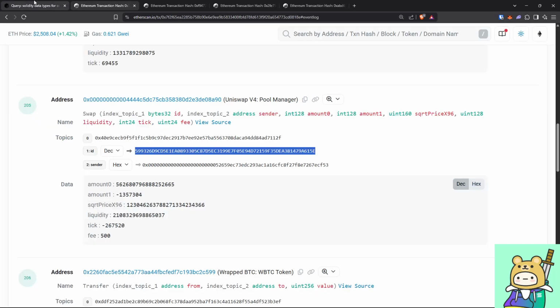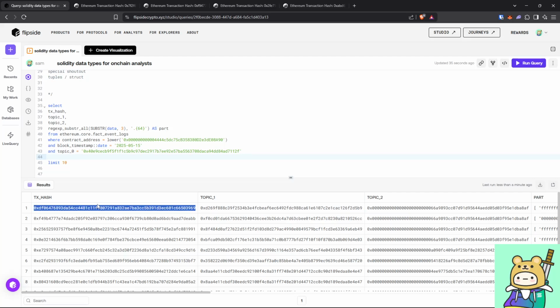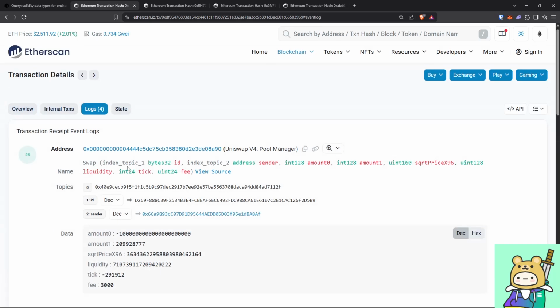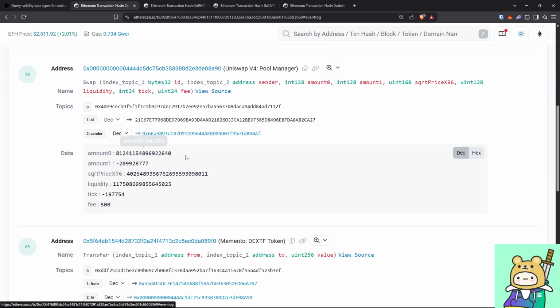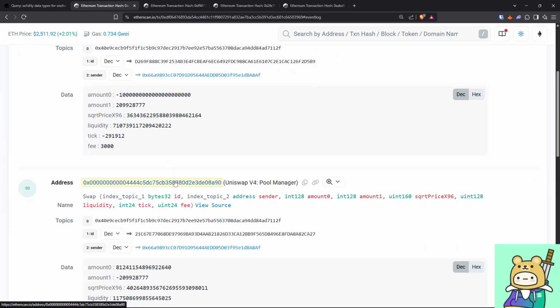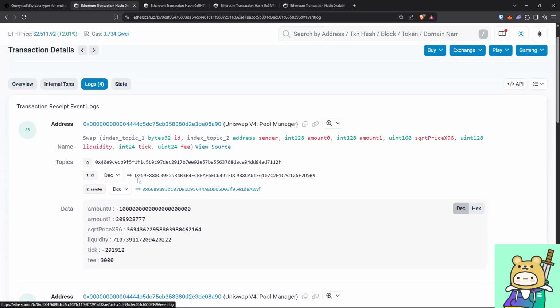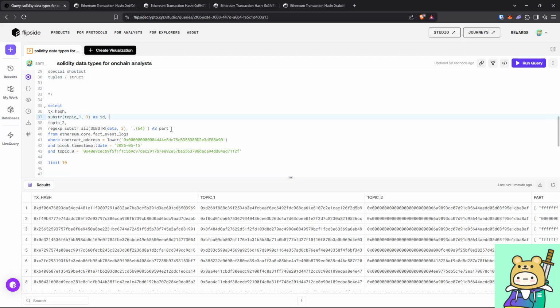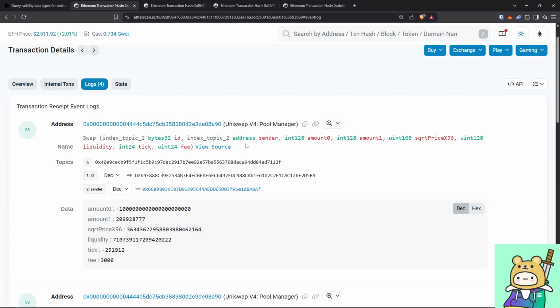This is not the right transaction hash. Let's go to the right hash. I think it's this one because it's D269. So you will use topic 1 as it is, right? Maybe I'll just remove the first two characters and call this ID, which is the pool ID, by the way. And then the next one is address, and address is